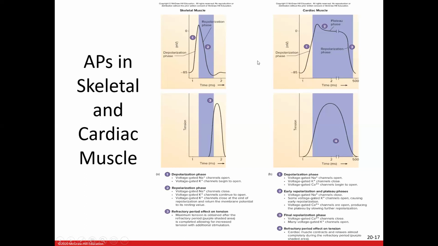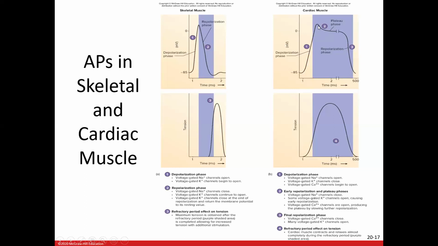With cardiac muscle, though, it's a little different in that we still have a depolarization phase and a repolarization phase, but we have a middle phase called the plateau phase. And the way the action potential works is that you still have a threshold you're reaching of negative 85. The first phase is still depolarization. We are still having sodium channels open and a bunch of sodium flood into the cells, making it more positive, making it more depolarized. However, instead of it just reaching this plateau and the sodium channels closing and the potassium channels opening,